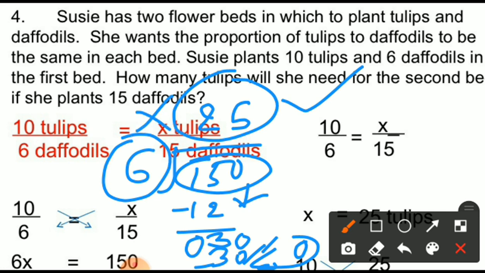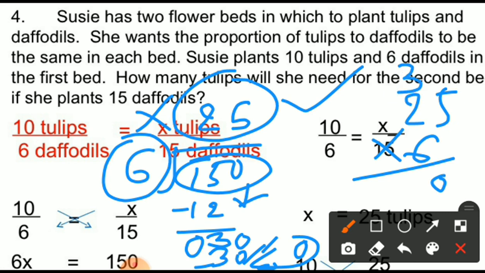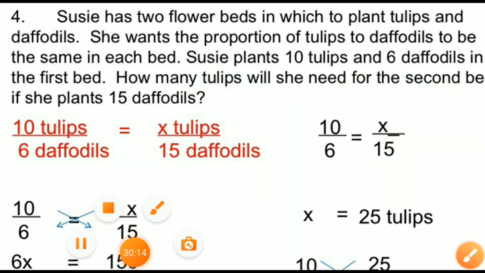And how to check this answer right or wrong? You can multiply quotient and divisor. 25 multiplied by 6. Check your answer is right or wrong. 6 5 is 30, 3 will be the carryover, 6 2 is 12 plus 3 15. So whenever you get the dividend, your answer is correct. Your answer is correct. No need to say anything else.